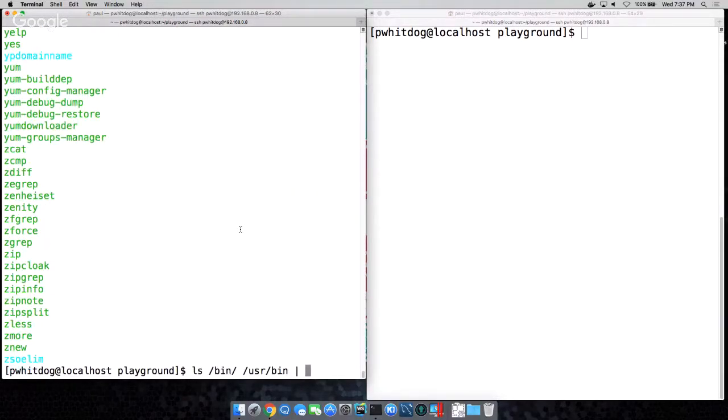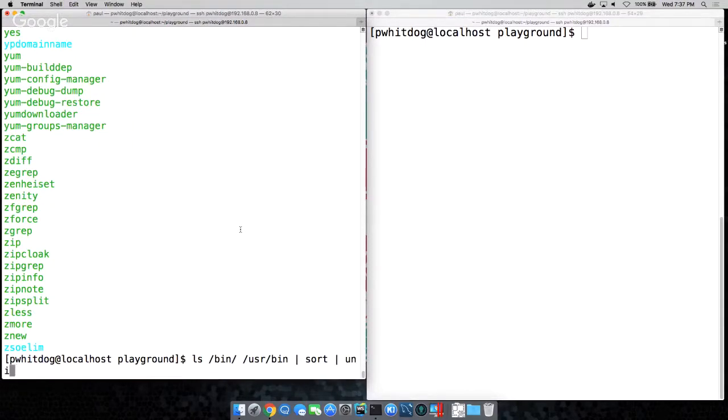Piped to uniq -d. Piped to less. So do an ls of these two directories, sort them, and uniq -d gives me only the duplicates.